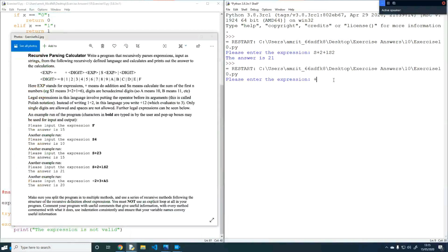So plus 2 plus 3 plus a 5. There you go, answer is 20. So essentially how this works is, I'll just explain the bottom one. So 2, so of course we see the plus, so 2 plus all of this, then it's 3 plus all of this, and it's a plus 5. So 5 plus a which is 10, so that's 15, plus 3, which is 18, plus 2, which is 20,